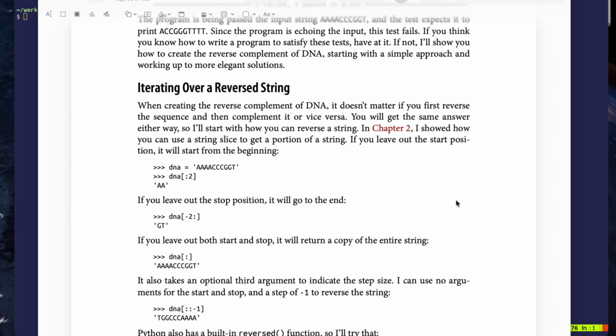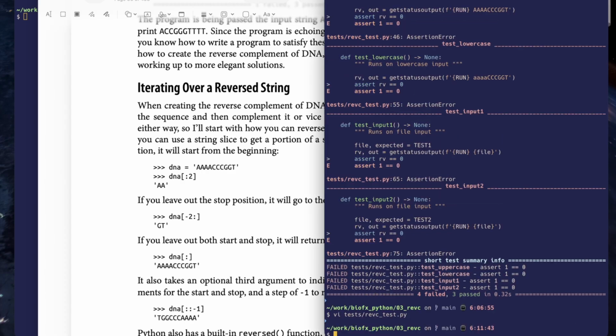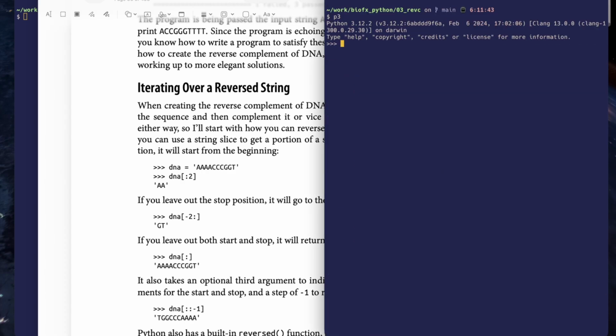So first, let's talk about how you iterate over a reversed string. We've already iterated over a string in the DNA program. We were able to use a for loop for that in one instance, and so we know that it's possible, but we want to be able to go over the string in reverse. So let's talk about that using the REPL, and I'm going to type p3. It's an alias that I have for Python 3, and I'm going to assign